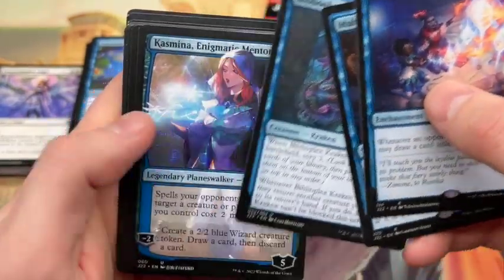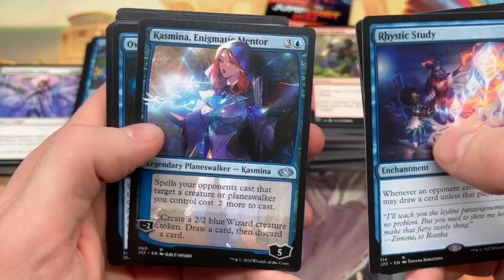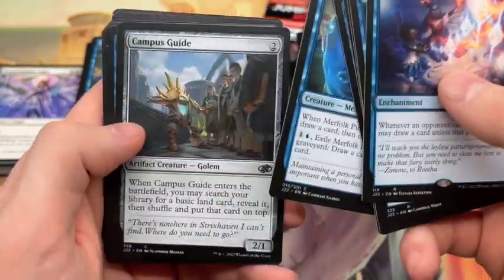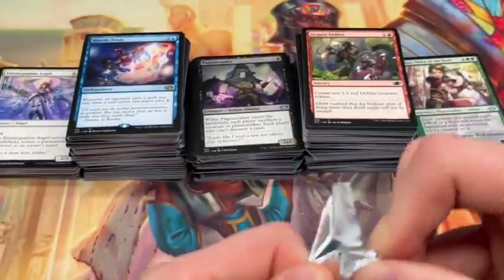All right. And then we got Kasmina as our anime, which I'm not going to cover up Rhystic Study. So just know that that's a pretty cool looking alternate artwork for Kasmina. Very nice. All right. That's a great hit. We did it. We got the Rhystic Study. Now let's get one of those